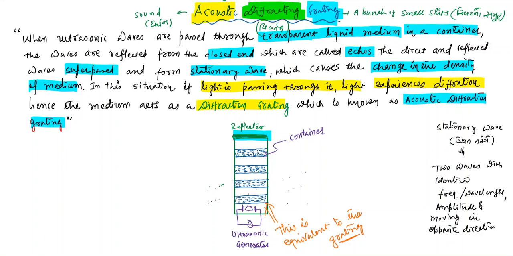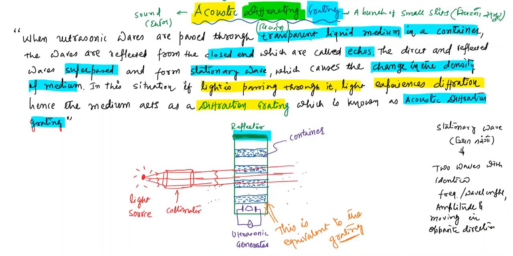Suppose this is the light source, let us say a monochromatic bulb, and here we use a collimator which is used to make the rays parallel. So the light waves which are in random direction are made parallel at the output of the collimator, and then they experience diffraction, and with the telescope we can detect the waves.